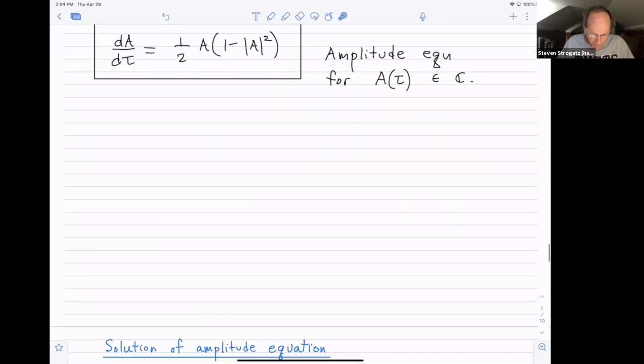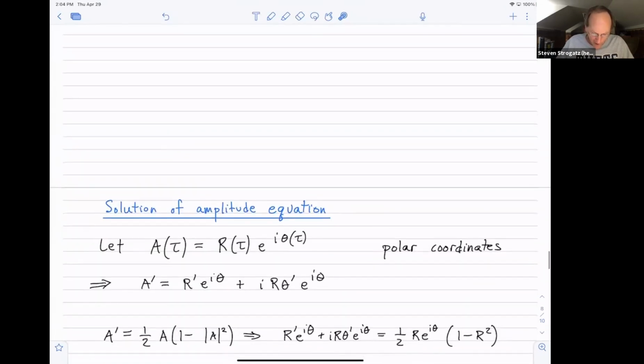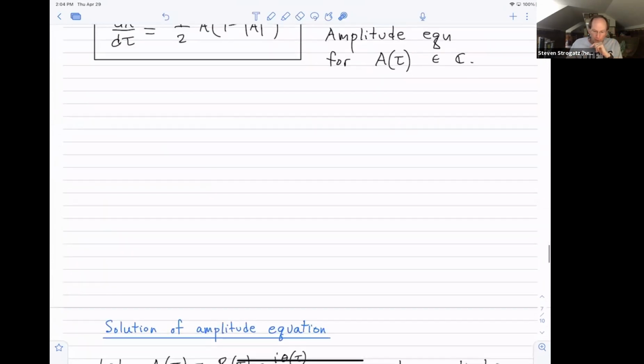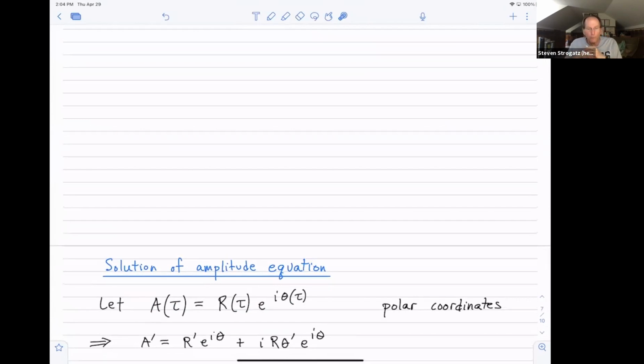Okay, so there's my amplitude equation, and I now want to solve it. Realize you're solving for this A being complex. It requires a little bit of care. So a good approach is to use polar coordinates. We think that this problem is going to have an approximately circular limit cycle, so that's a pretty natural move. And we think that because remember, if there were no damping at all, the trajectories in the phase plane for the harmonic oscillator are perfect circles. You can show that by conservation of energy. So we think the orbits are nearly circular.